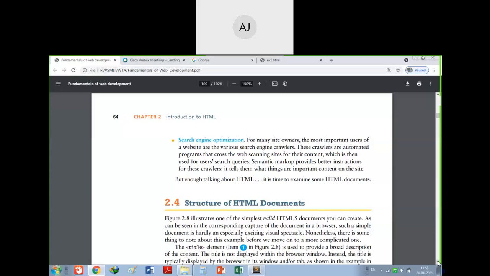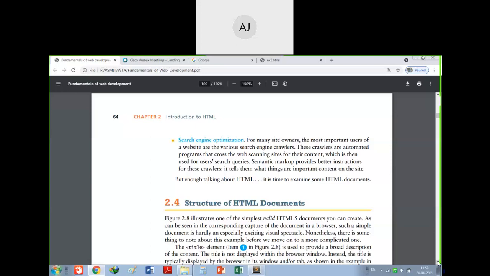For example, I am developing the VSMIT website. So what are the keywords by which people can crawl and search it? For example, if I put the keywords as VSMIT, engineering colleges in Karnataka, engineering colleges in Belgaum district, engineering college in Nippani, or 10 plus 2, whatever. It means if people search with those keywords, my result will be shown to them.